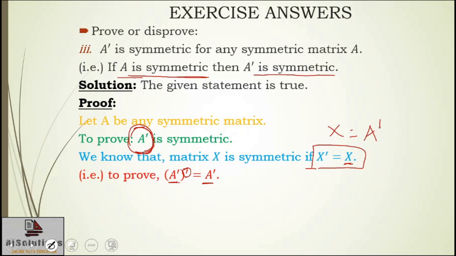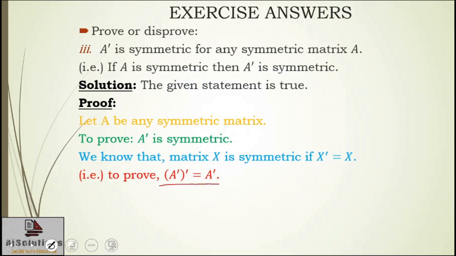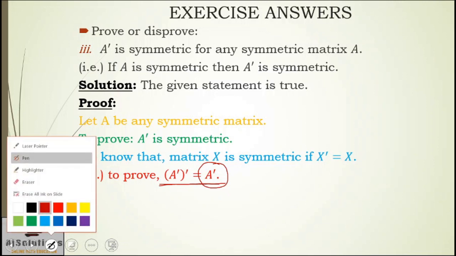Let's move to step 5, the final step. What was your step 5? Step 5 was to prove the statement which is there in step number 4. Nothing but you are going to prove this. And to prove this, you have to prove LHS equals RHS. So you are going to consider the LHS and bring the required RHS. Okay, so let's do that.